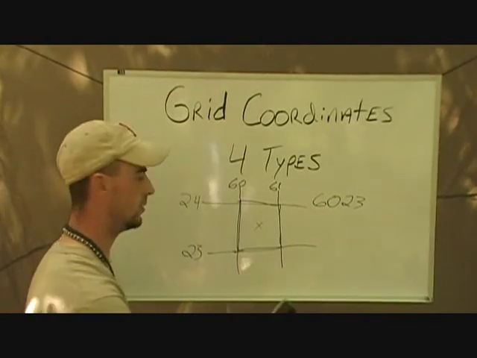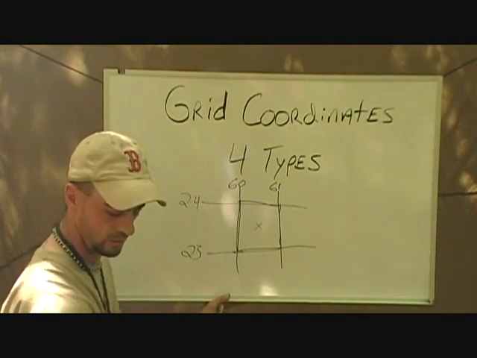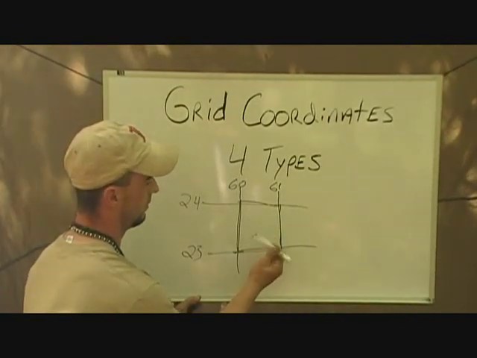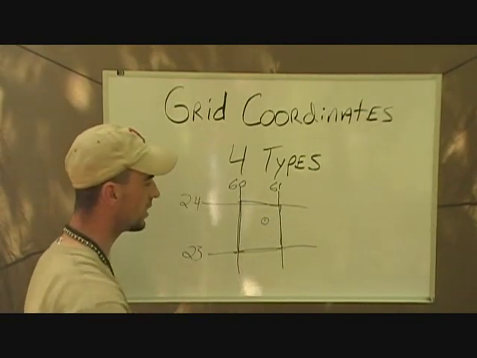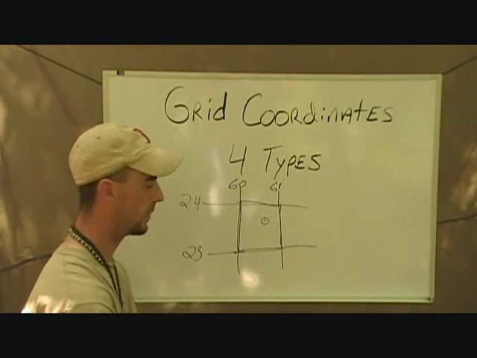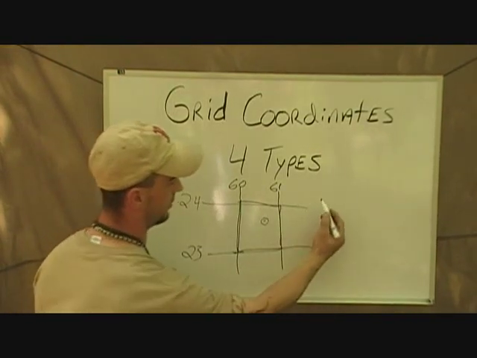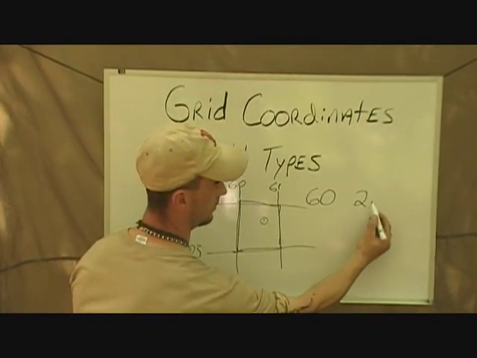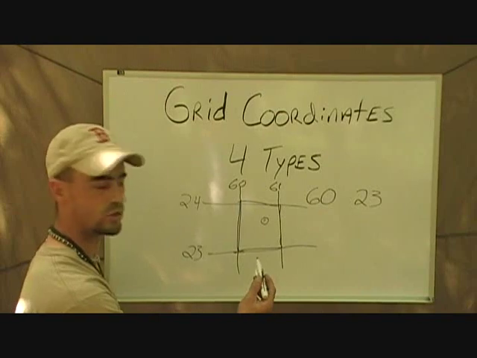So let's talk about a 6-digit grid real quick. This is where your protractor comes into play. Just say we had good old Mount Greylock up here, and we wanted to find a 6-digit grid coordinate to the top of Mount Greylock. It'd be the same thing, right and up, so you'd have your 6, 0, and then your 2, 3 for the up. Then what you would do is take your protractor